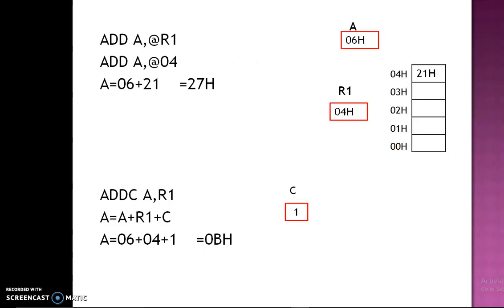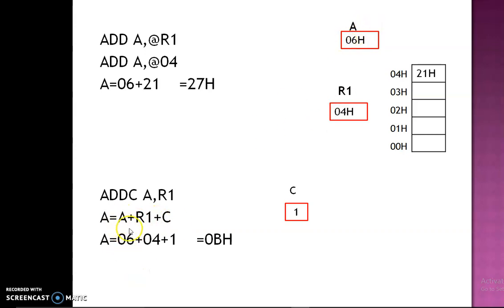Now we will see how to add. Let us take one example, ADDC A comma R1. Now I am adding accumulator content with R1 register content plus carry flag. The meaning of this instruction is A is equal to A content plus R1 content plus carry flag content. Here A means 06H.